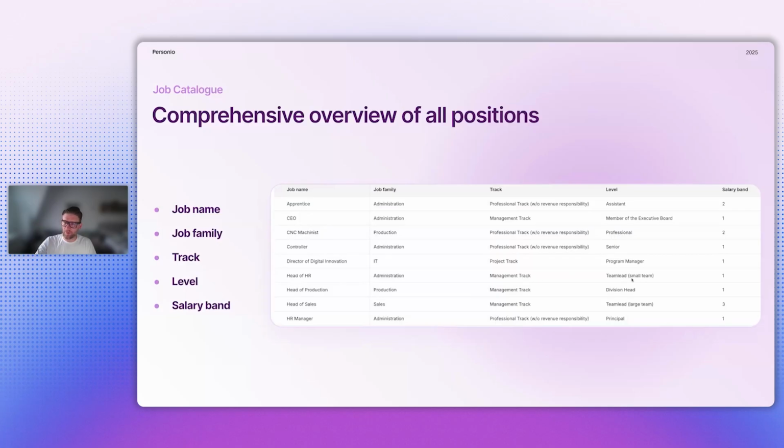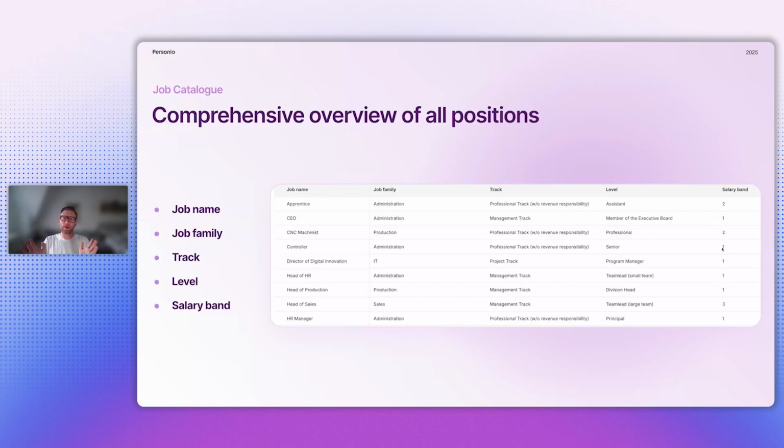It's the same level as a small team lead, because obviously HR is just a small team in my demo account, and there's one salary band attached to it. And so for every single job, you have this information in this overview. And the number of salary bands just indicates if there's one or several salary bands assigned,